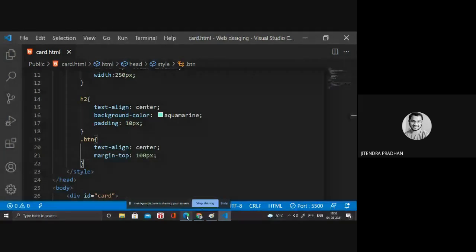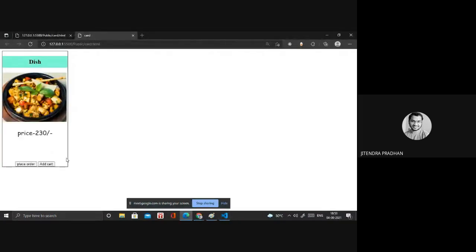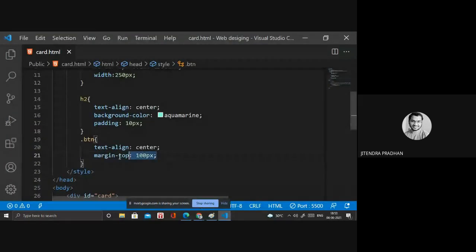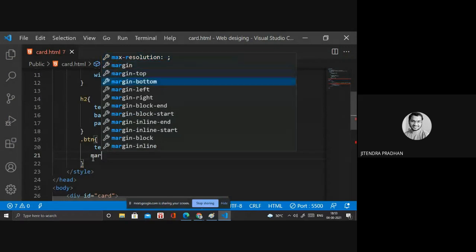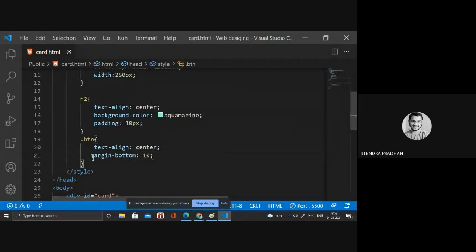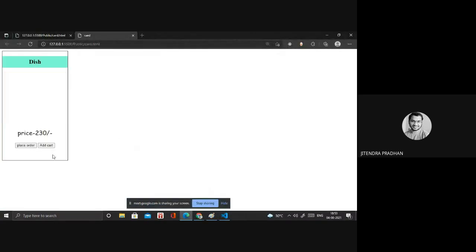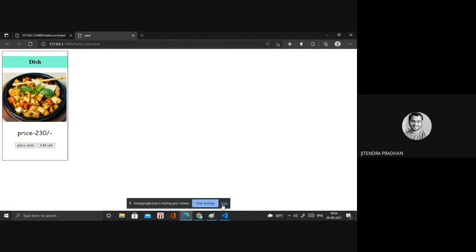It's better, I think. Yeah, taking too much space, so I need margin bottom. Let's see what happened. Margin bottom, sorry, not 100, it's 30 pixel. It's done.